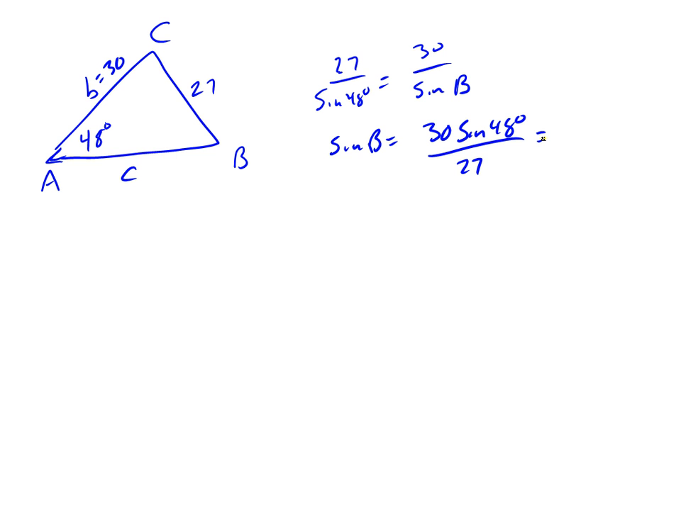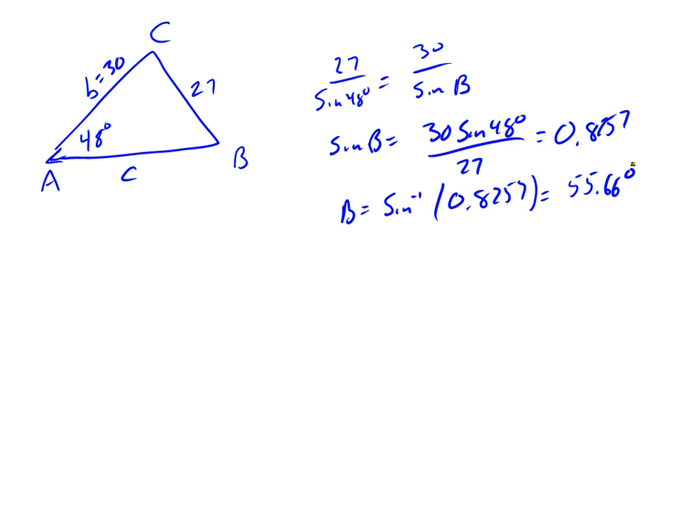which is what? 0.8257, whatever. And then, so B, you do the sine inverse of that, right? 0.8257. And it turns out to be about 55.66 degrees,